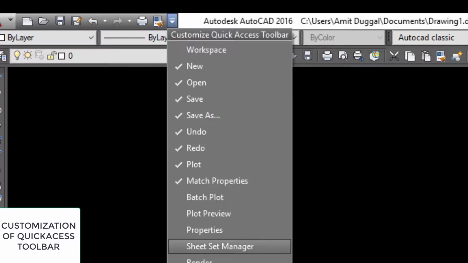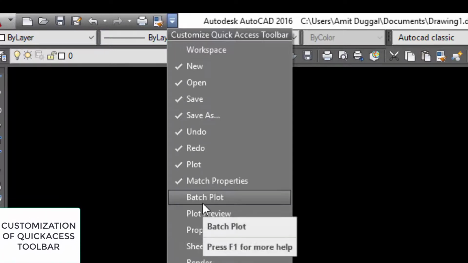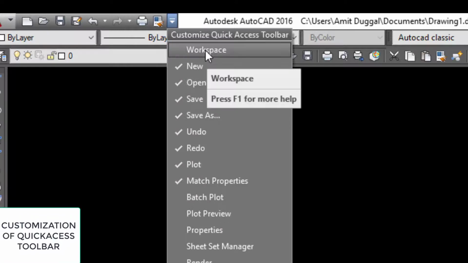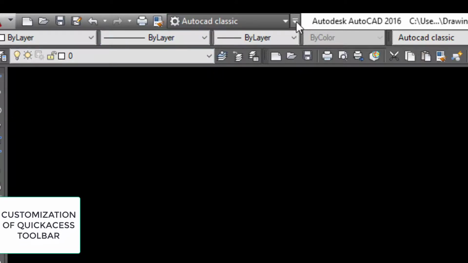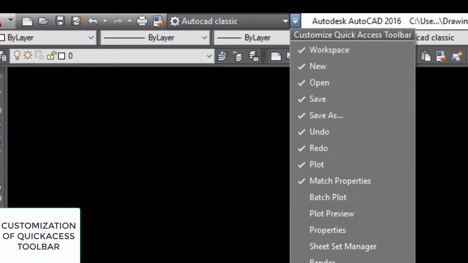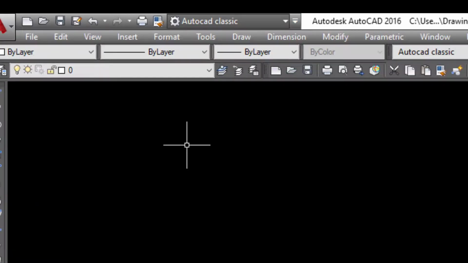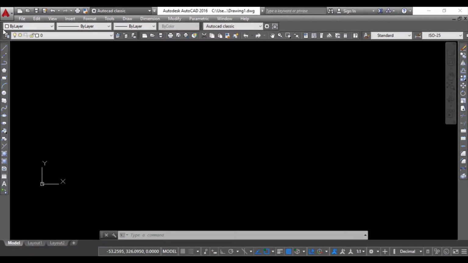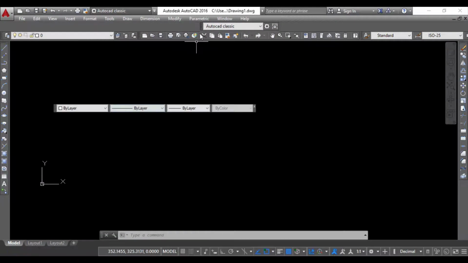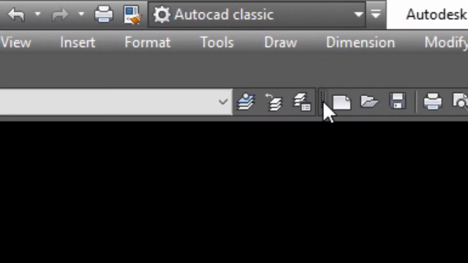These are the basic things which are required in AutoCAD when we work in the workspace. We can also take workspace from here. Importantly, don't forget to take the menu bar always. The menu bar has to be taken always, since it will be used for giving dimensions and so on. Now to set the workspace, we can drag with the help of these dots.